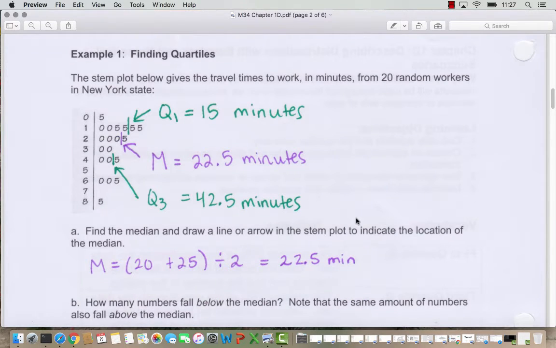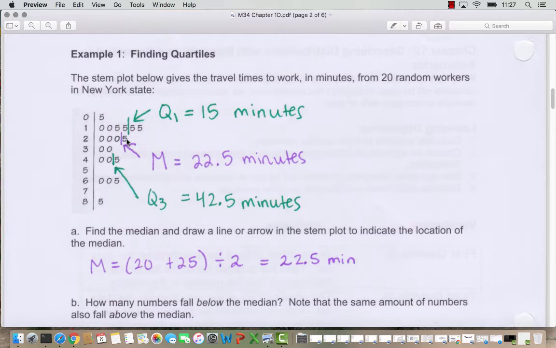The stem plot below shows the travel times to work from 20 random New York State workers. Part A asks us to find the median, the point in the middle. This is similar to what we did in the last video. We know the midpoint is between the 10th and the 11th data points. If we count out 1, 2, 3, 4, 5, 6, 7, 8, 9, 10, 11,